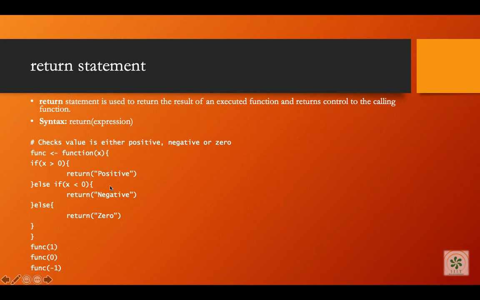Here in this particular example we have a function where the if-else statement is used, the whole condition has been applied, and this function has a definition, and inside the definition we have these control statements. So the return here, just like in C++, is the statement which will return the value